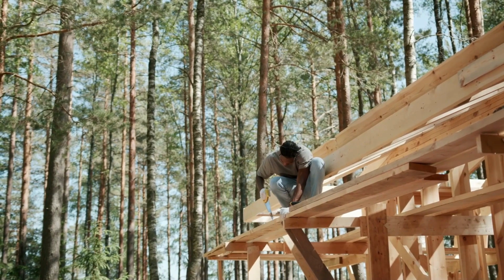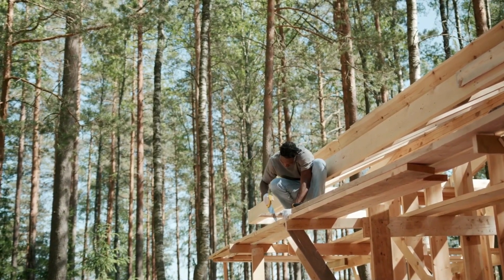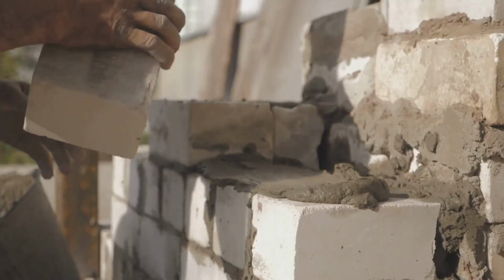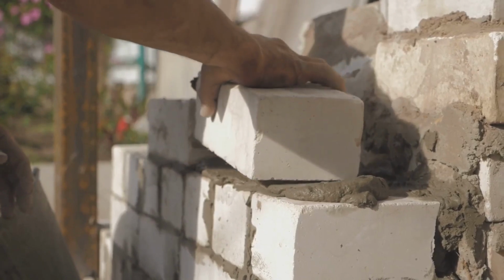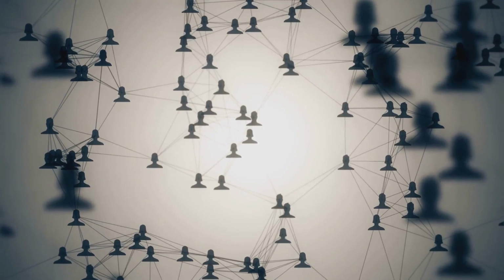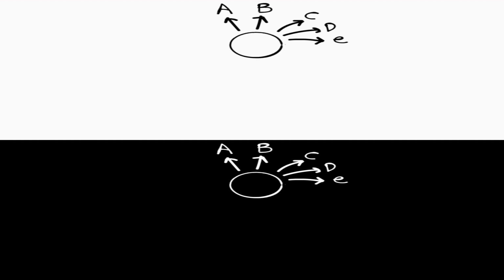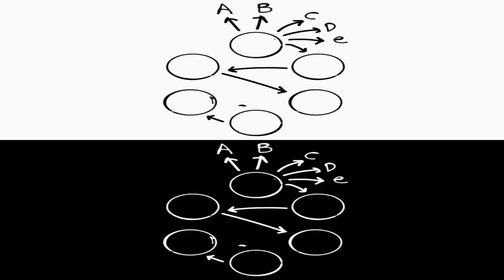Imagine you're building a treehouse. There are many steps involved, such as gathering wood, designing the structure, and assembling the pieces. Some tasks must happen before others. For example, you can't build the roof before you have walls. An activity network maps out all these tasks and their dependencies. Each task is represented by an arrow, and the arrows connect in a way that shows the order things need